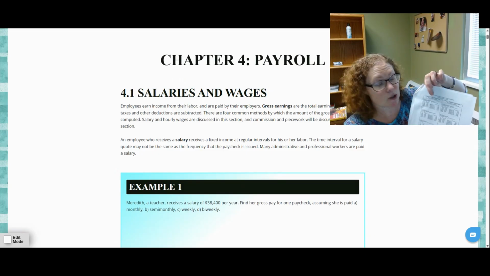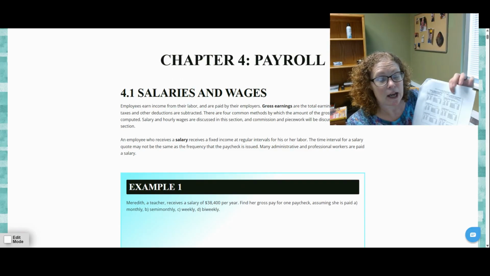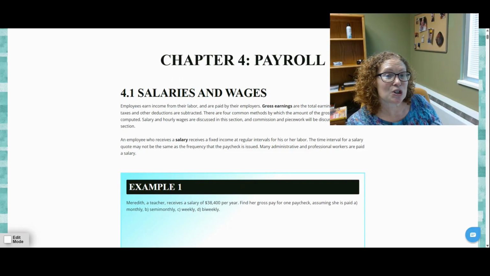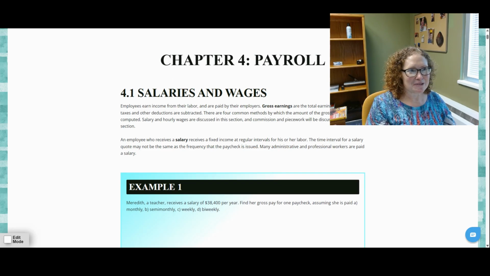Table 1 is weekly, table 2 is bi-weekly, and we're going to get into that and show you how your dollar amounts, your salary that you get, your paychecks will be different